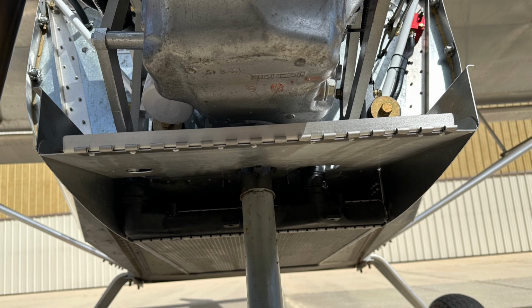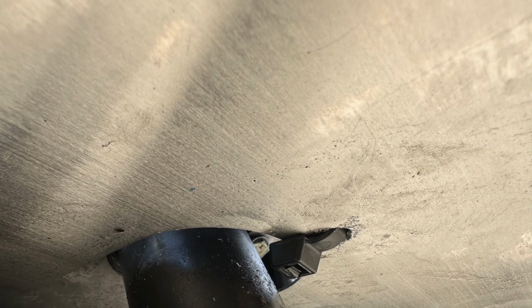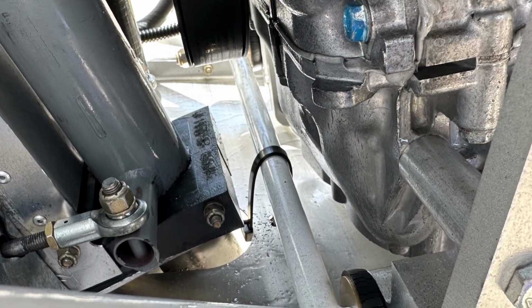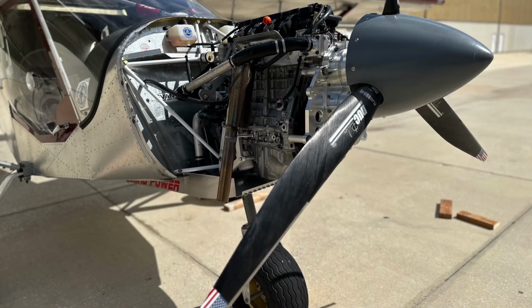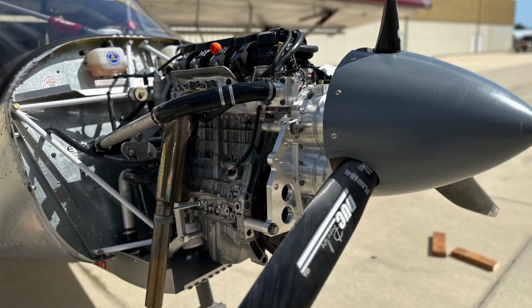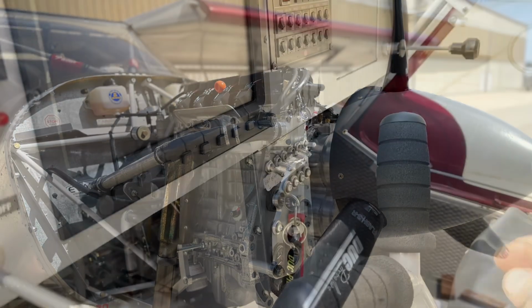Running through a couple more things. Here's that air intake from the front that was added with the hinge pin for the cowling. We're looking at holding the baffle up with a tie wrap in order to keep it from vibrating. More pictures of the 150 engine. There's a close-up of the spinner, propeller, and the exhaust side of